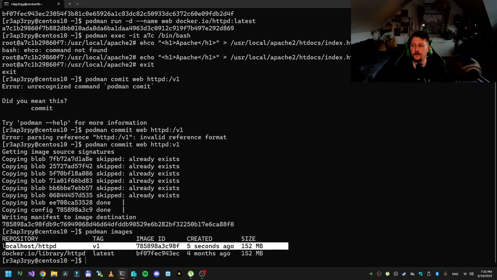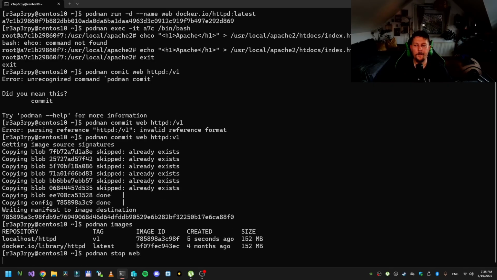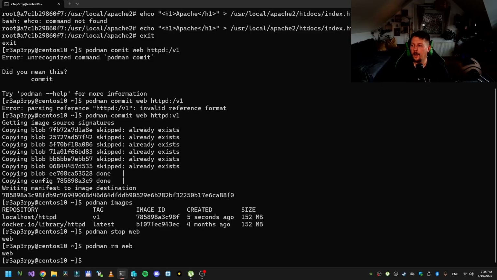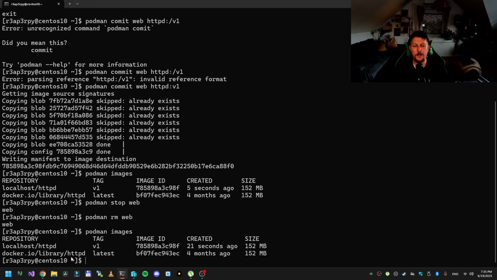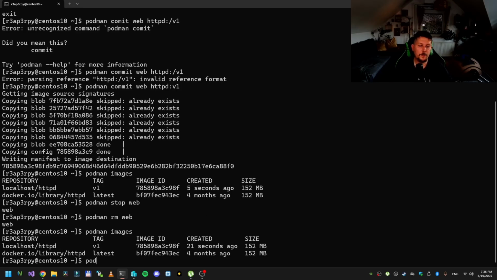And once this was created, we can use the podman stop web and podman rm web. And then checking the images, we still see that both of the images are there, but we want to restart it with the podman run -dt --name newweb